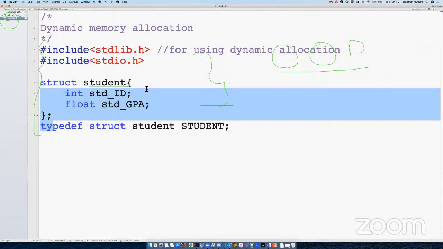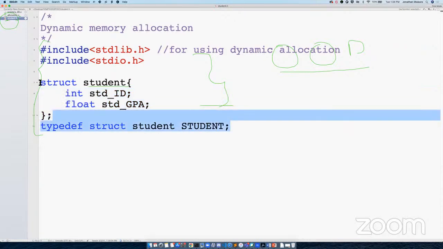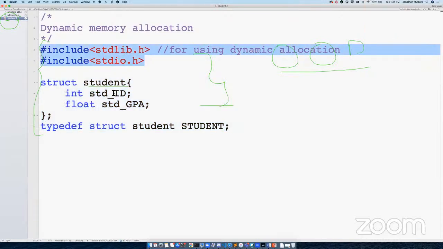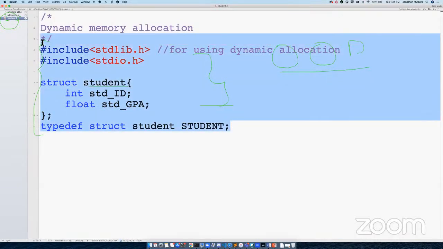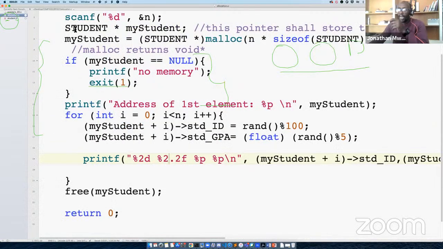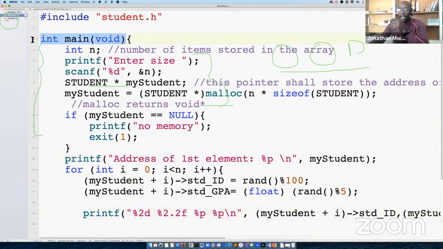This .h file is just the declarations. I declared that I'm going to have a struct student. I use a typedef to rename it, and all the things that I will need in my code, I'm keeping in my .h file. And then in my main driver, instead of my main having any other items, I just include this .h file and it works fine.